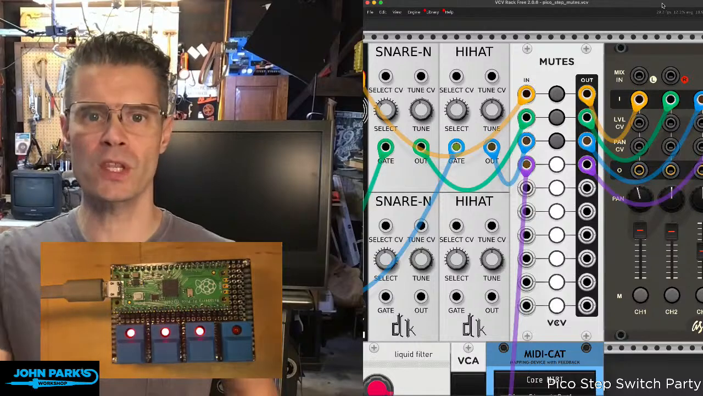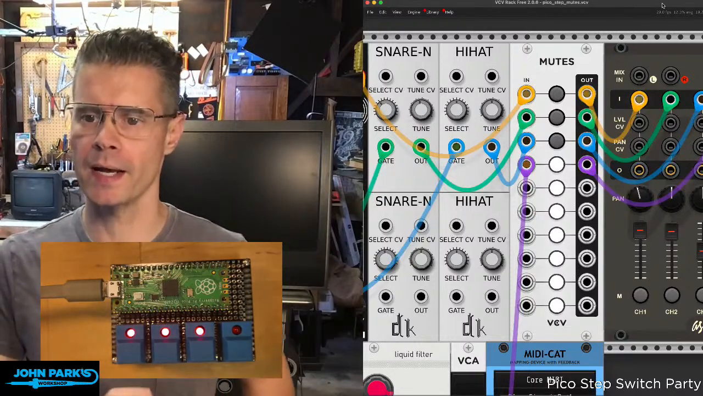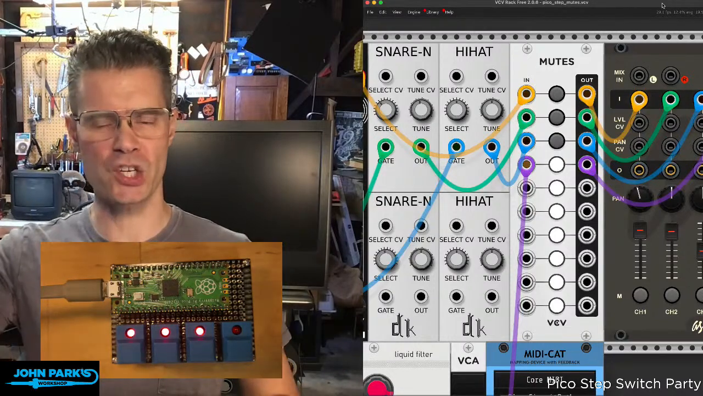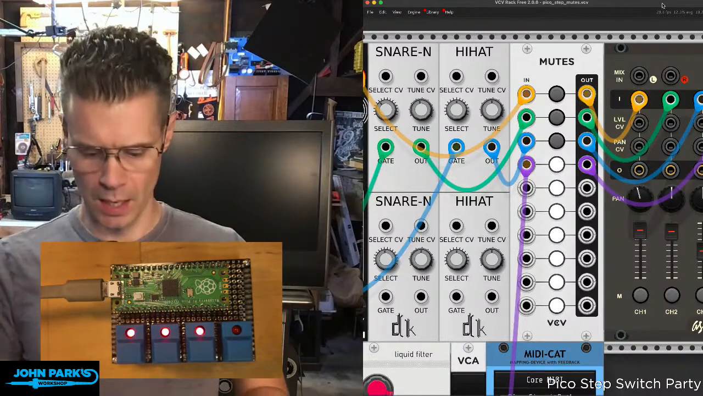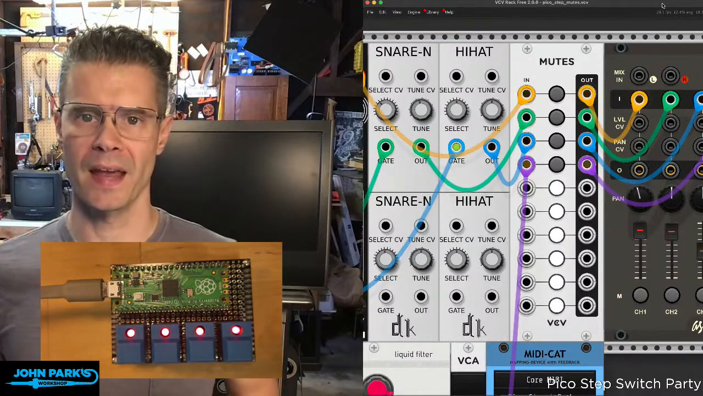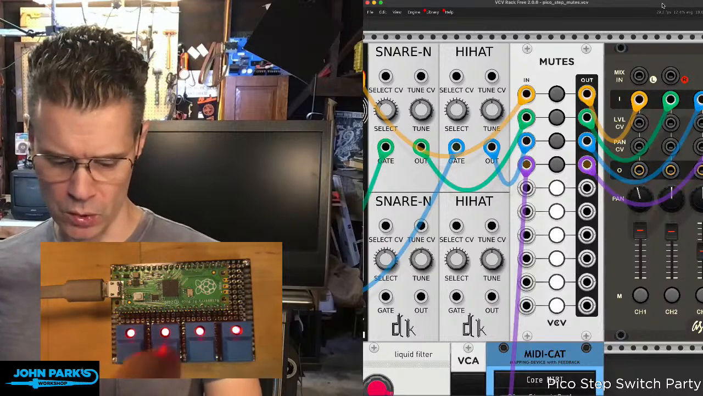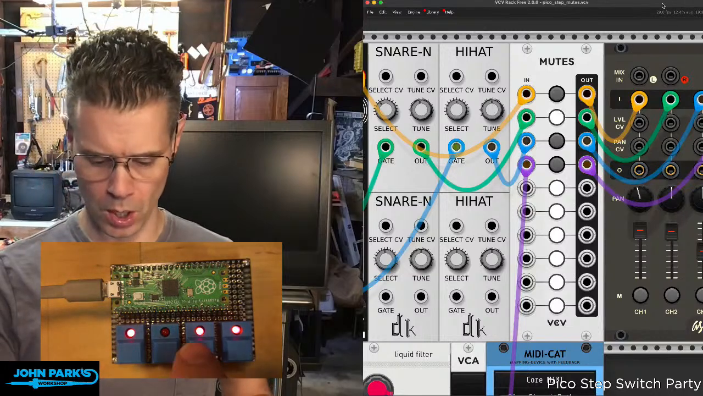So those are all in sync with each other. It's all playing, it's just running straight ahead. Some variation based on how I'm triggering the drums. And then I can cut parts in and out. So it's just a mute switch for